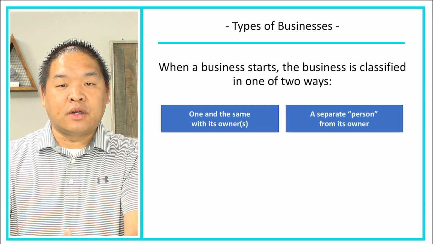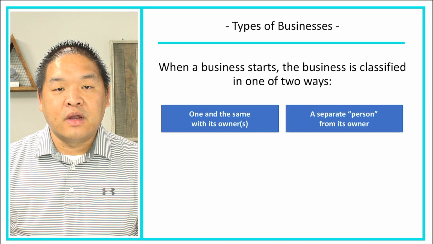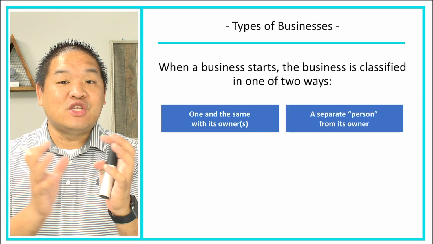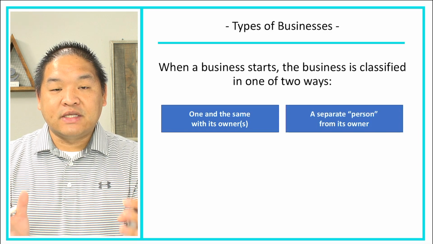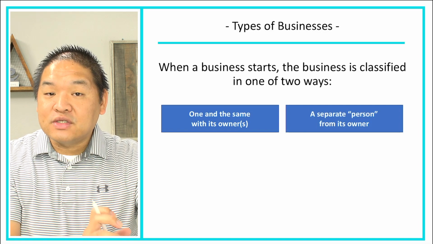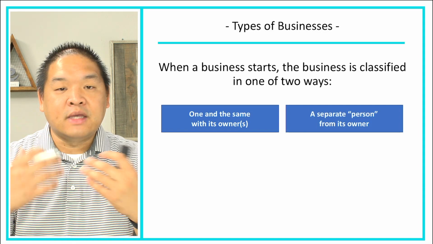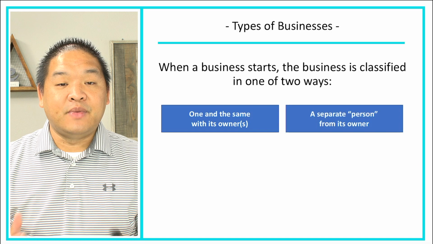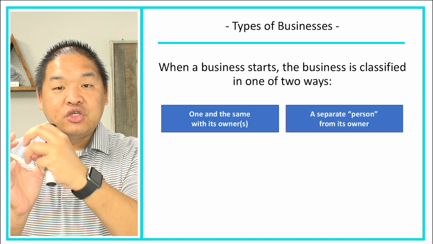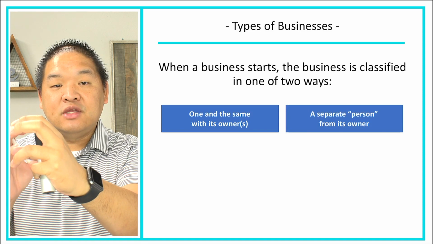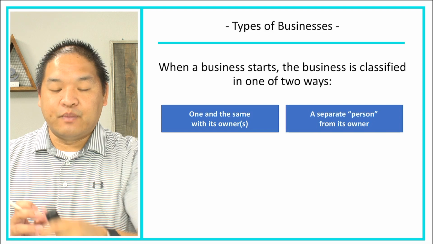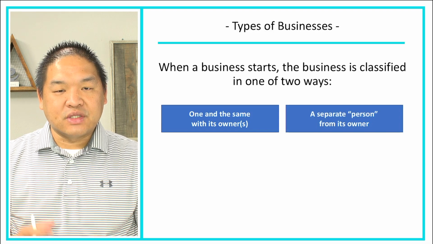person from the owner. Now, person is a technical term from a tax perspective. Even though we think of persons as human beings, from a tax perspective, a business can be a person, a tax-paying person, separate from maybe you and me, who might be the owners of that business. So we have one and the same, and then we have two separate. We have the business as a person and you as an owner of the business, but you're also a separate entity. Okay, so let's go into this a little bit deeper.